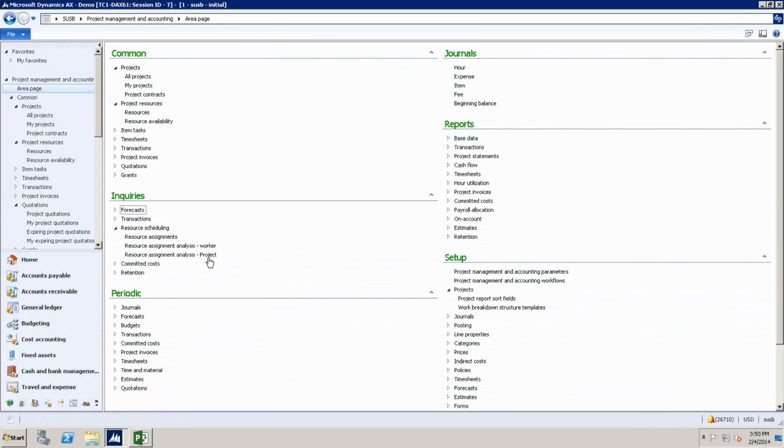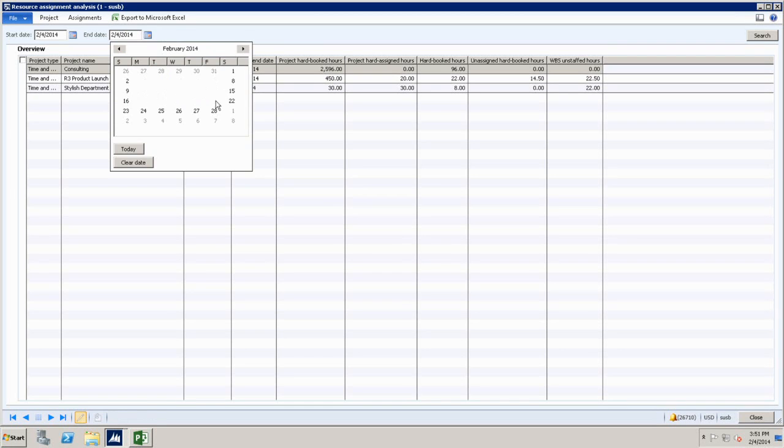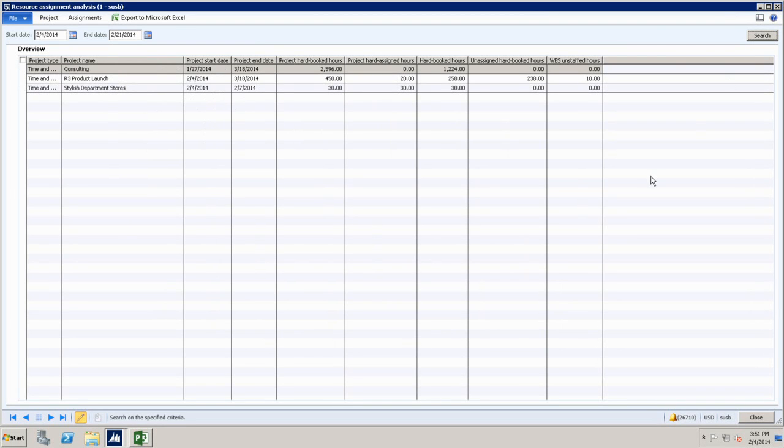The third one, actually, which is very new, and we built it in R3. The primary reason was that we introduced all of these new constructs and concepts like team, booking, assignment. We kind of created this new inquiry that shows you projects for this period of time. Now, my date is not very reasonable. Let me make it more reasonable here. Still have same number of projects. So it shows you the list of projects, what type of projects they are, time and material, fixed bid, cost projects, how many hours are being hard booked against that project, back to your question that you want to have that view.